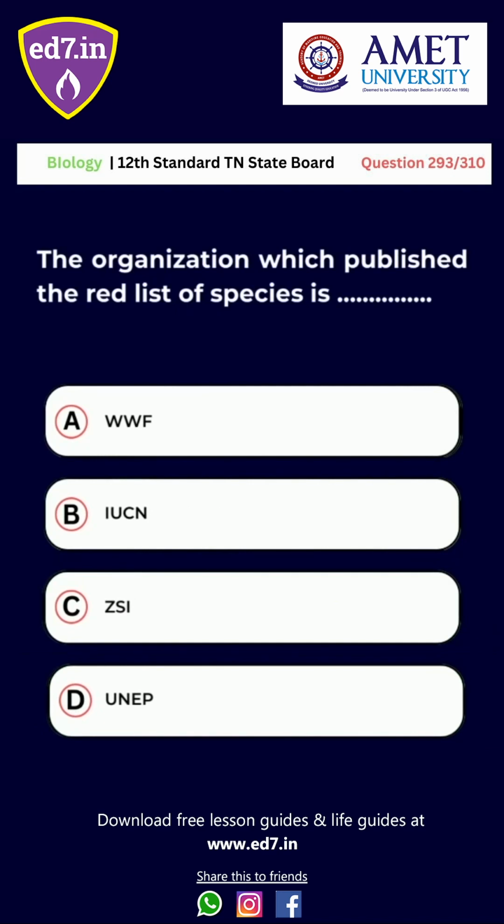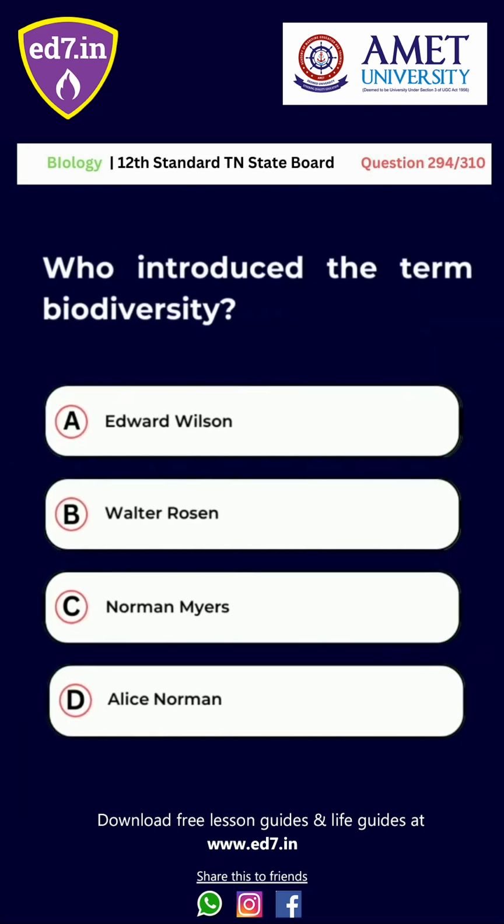Question number 293. The organization which published the red list of species is A, WWF, B, IUCN, C, ZSI, D, UNEP. The right answer for this question is option B, IUCN. Question number 294. Who introduced the term biodiversity? A, Edward Wilson. B,